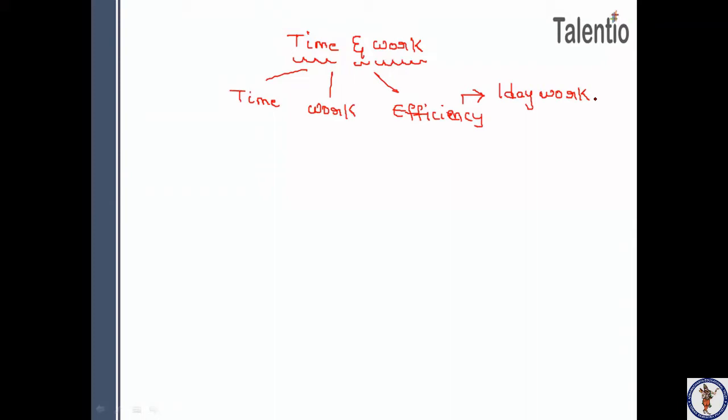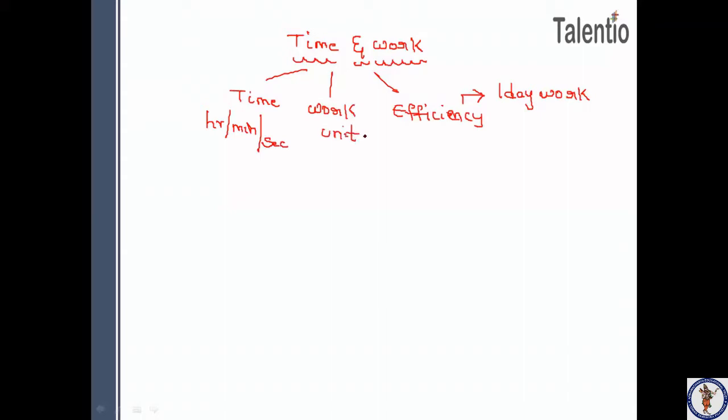And it is considered you can eat only 1 chocolate in one day. So your efficiency is 1 chocolate per day. So efficiency is nothing but always 1 day work or 1 minute work or 1 second work. And if you want units, the time will be in hours or minutes or seconds. And the work will be in the form of units.